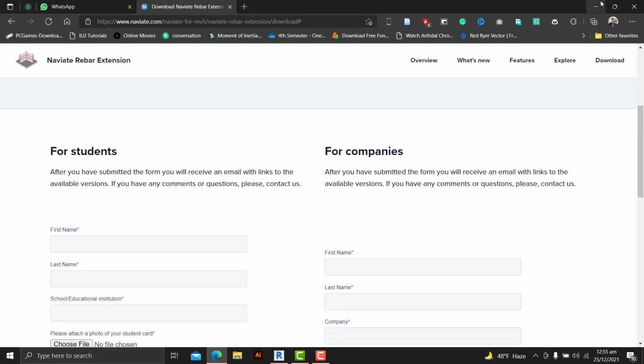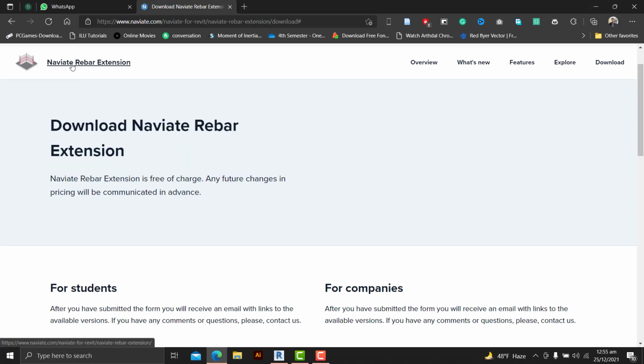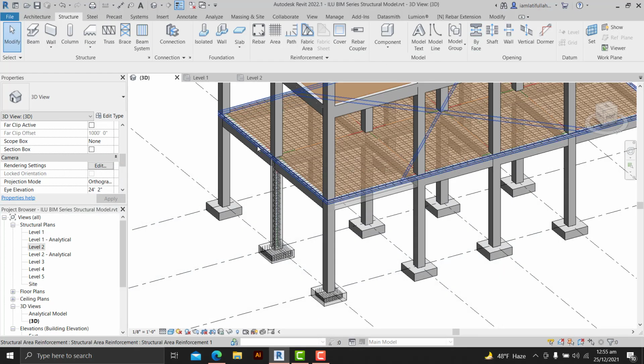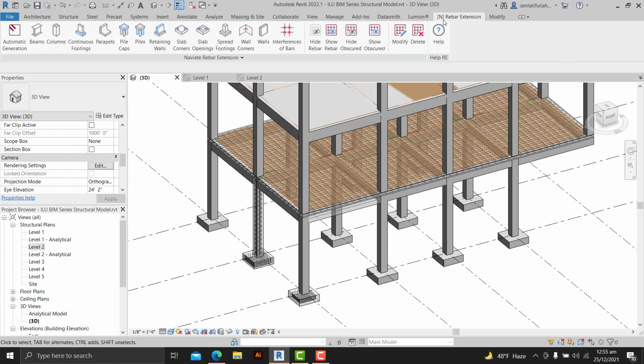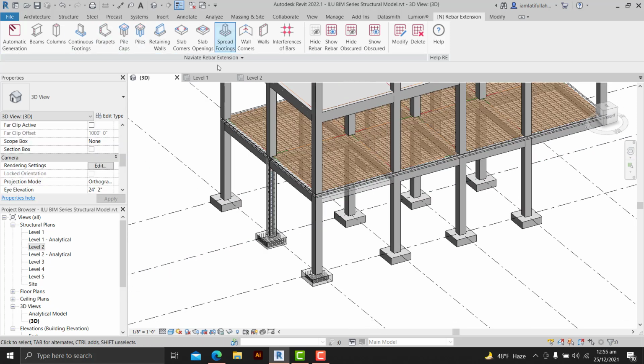Once you install this Naviate Rebar extension, if you go to the Naviate Rebar extension tab, you will see all these rebar types: beams, columns, footing, parapets, pile caps, retaining walls, slab corners, slab openings, etc. So how can we use these, and how can we manually add reinforcement?